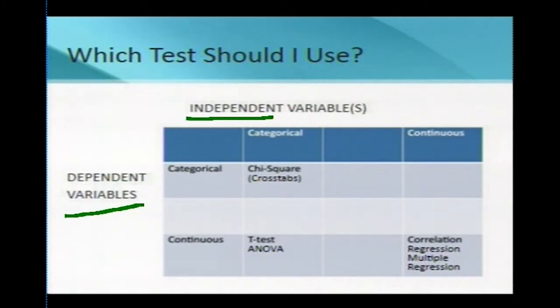And so as we look at it, we're talking about this test right here, which is the ANOVA, the one-way analysis of variance. And what does that mean then? That we have one categorical variable, and then we have one continuous variable. And so we have one categorical independent variable and one continuous dependent variable. So what basically ANOVA is, it allows us to compare multiple mean scores for each of the categories of the independent variable.